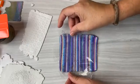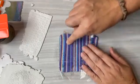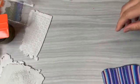Also lost all the metallic on the first opening of the plastic, and I can't get it to stick back onto the clay. So that was also a disappointment. All right, now